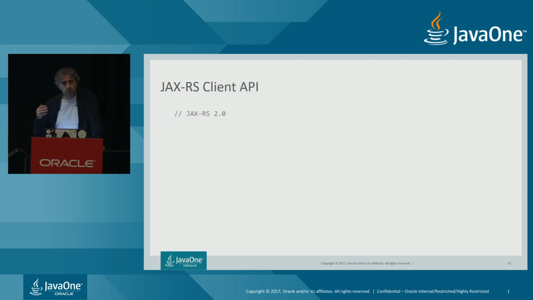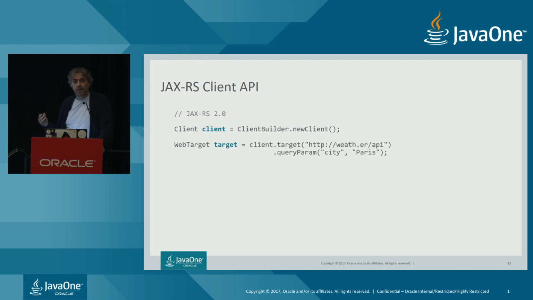To explain what that reactive invoker solves, let's first look at the JAX-RS Client API that we have in JAX-RS 2. In JAX-RS 2, we have an API that we can use to easily consume a remote REST endpoint. First you need a client object. That's a client-side container that you can use to consume a remote endpoint. You get it through the method ClientBuilder.newClient, and you get that client container. It's convention over configuration. I haven't specified anything, but obviously I have the ability to configure it if I need to.